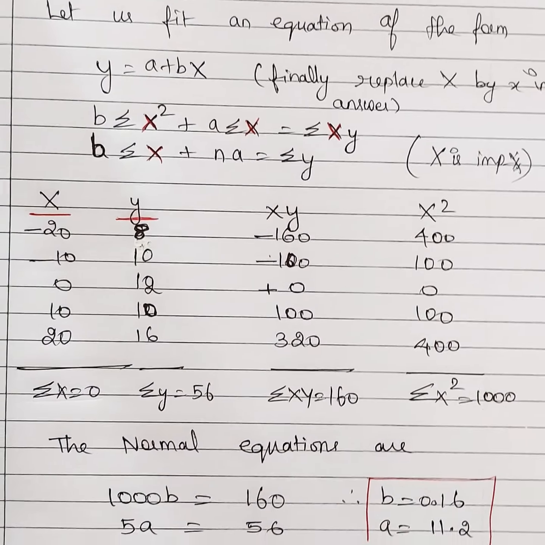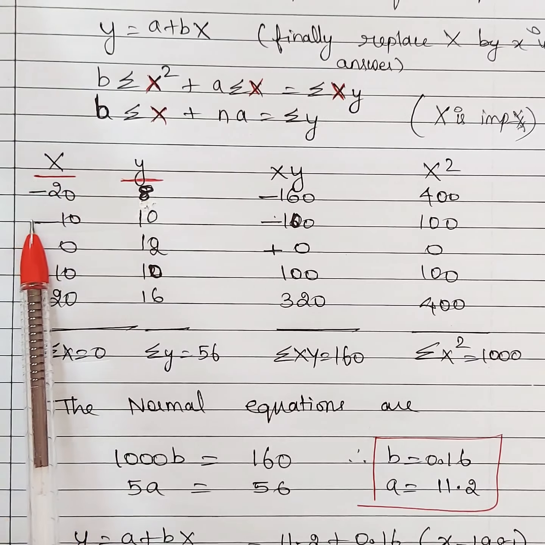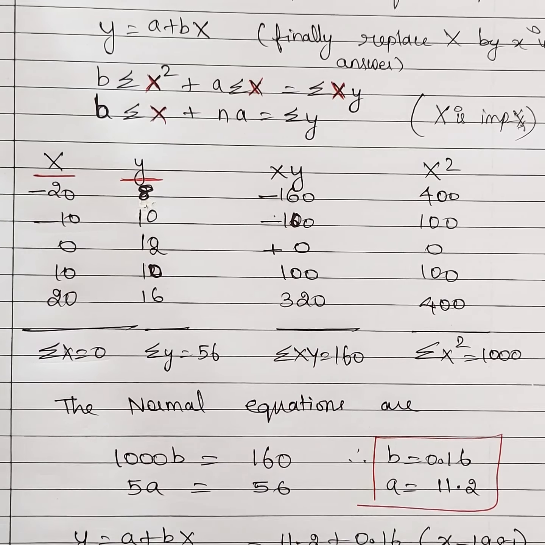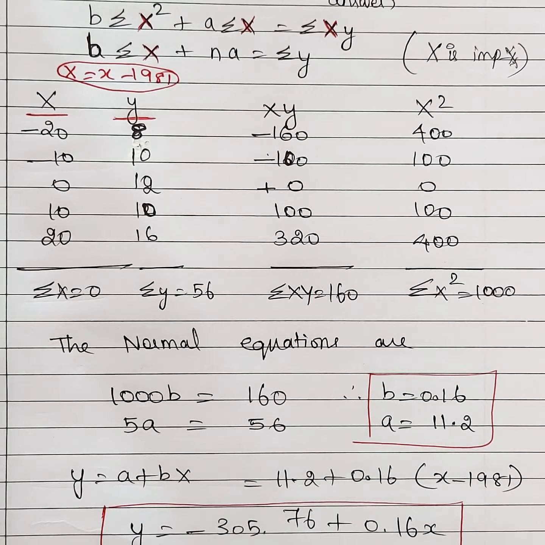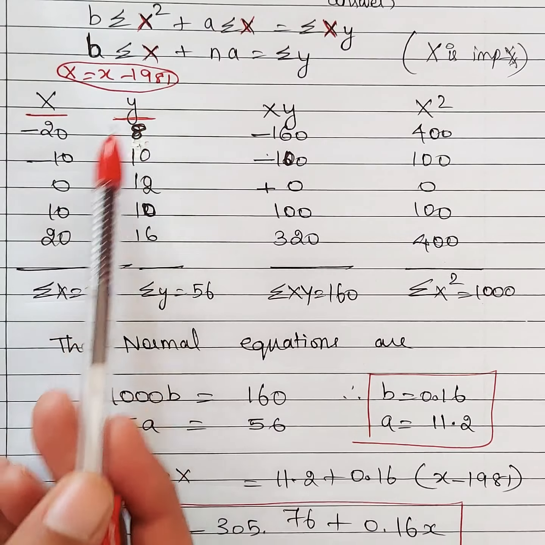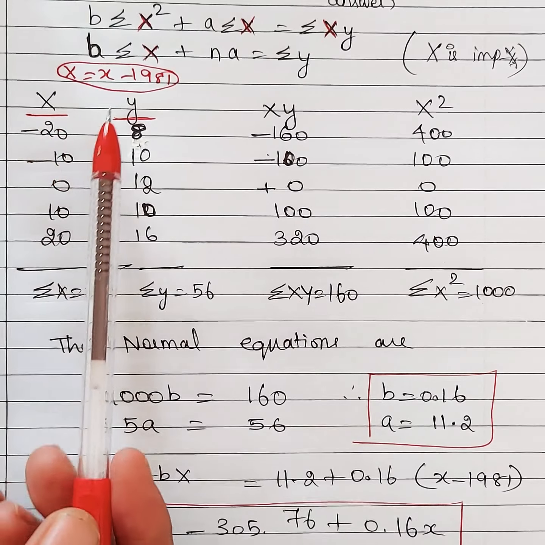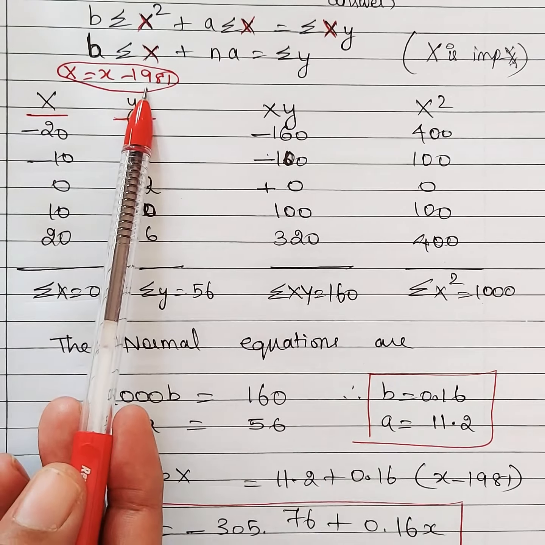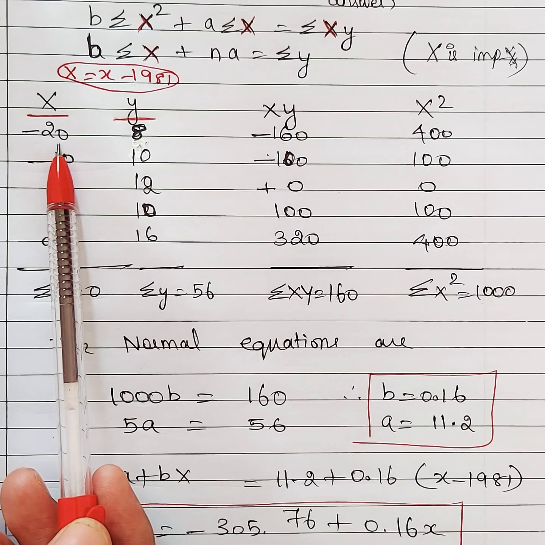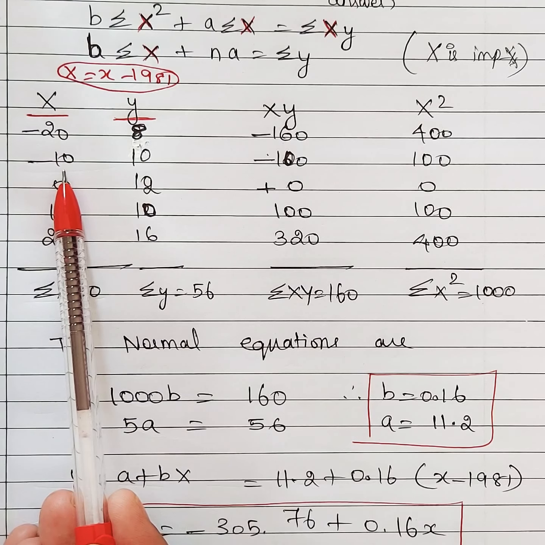Okay, so your capital X value first year was 1961, right? So what is capital X? Remember, we have chosen capital X as small x minus 1981. Your first x value was 1961. So 1961 minus 1981, you have written minus 20. Second value was 1971 given. So 1971 minus 1981, minus 10.